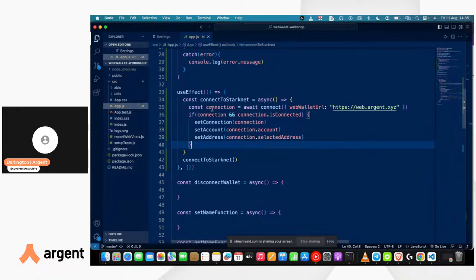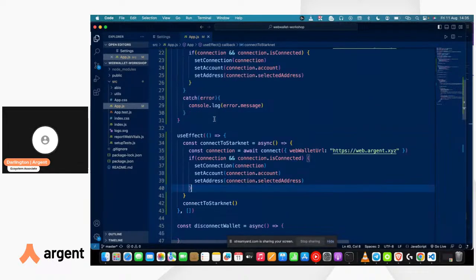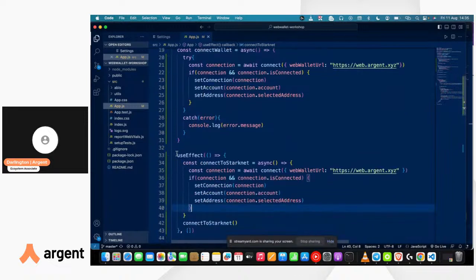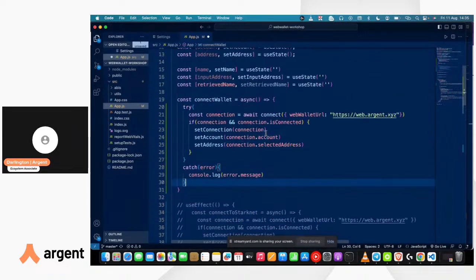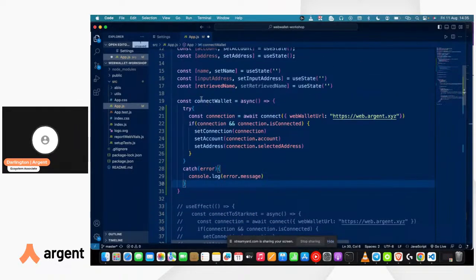Apologies once again. So we established a connection earlier using this connect wallet function. I'm just going to comment this. We started with a try catch statement, and we specified the connection variable, which makes a call to the connect method and gets the results which are returned. Next, we go ahead to check that the connection is set. So if the connection variable is set to true, and connection.isConnected is also set to true, then we're going to go ahead and set